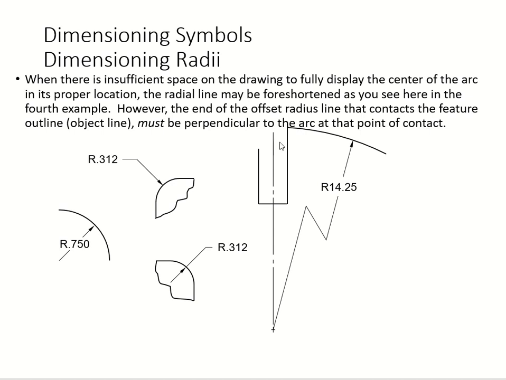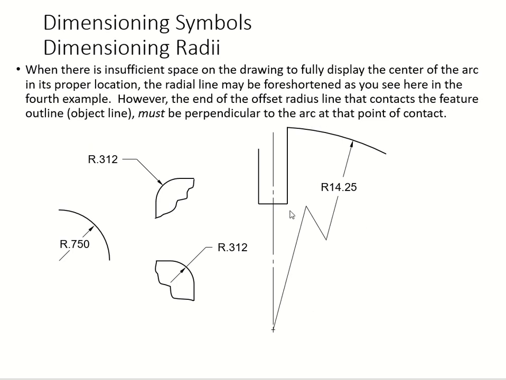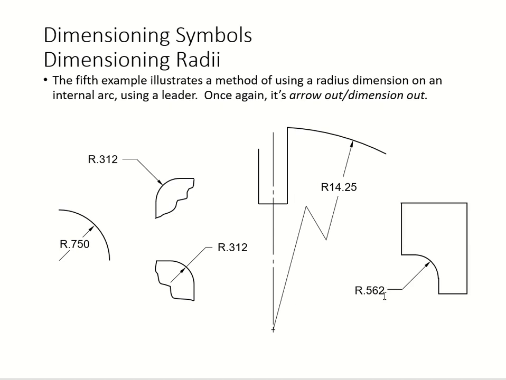So what is this? That's just your foreshortened symbol. Don't forget that, like a little bend in the line. So again, here, foreshortened symbol. Then the next one looks like this. Arrow out, dimension out. Here, dimension in, arrow in, dimension out. Arrow out, arrow in, dimension out. No space, you're gonna use a foreshortened